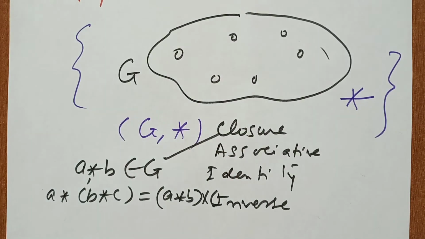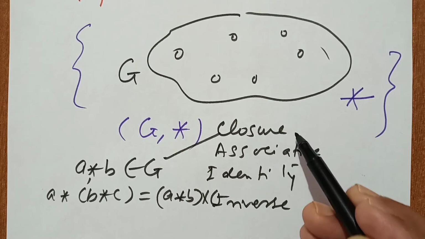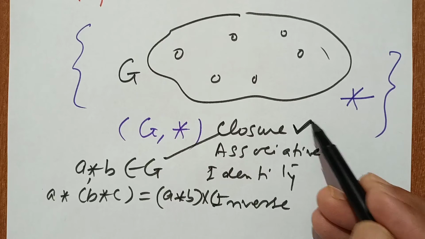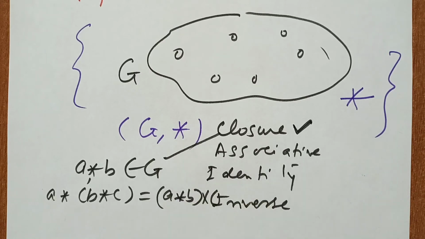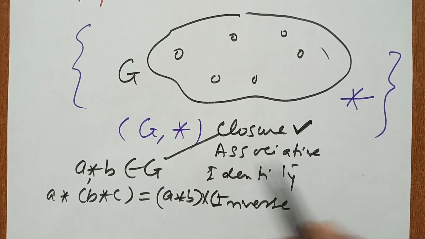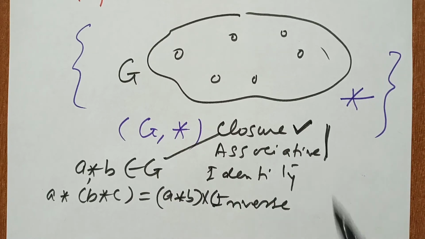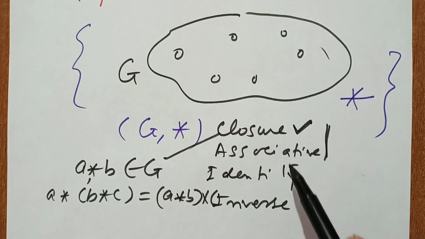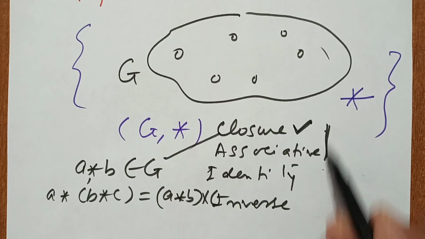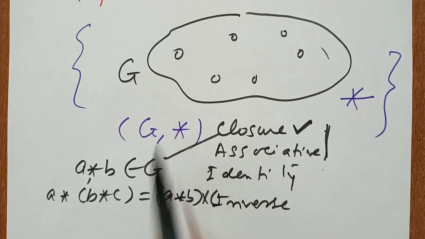Also, in an earlier lecture we defined a group wide, where only some property is satisfied. What is a semi-group? If the two properties closure and associative are satisfied, it is called a semi-group. If three conditions, closure, associative and identity, are satisfied, the structure is called a monoid. And if all four conditions are satisfied, the structure is called a group.